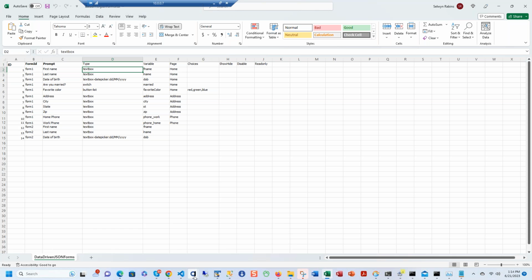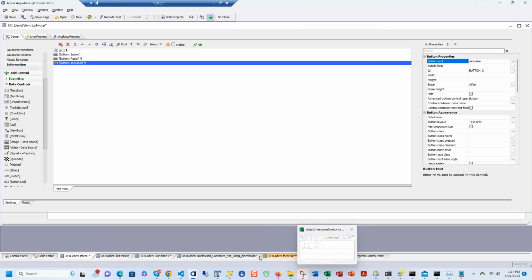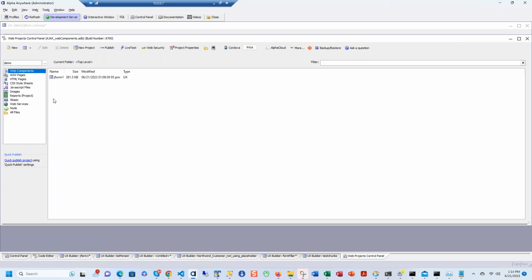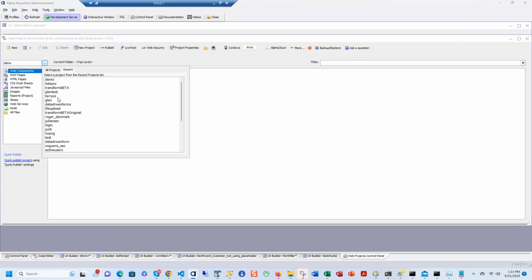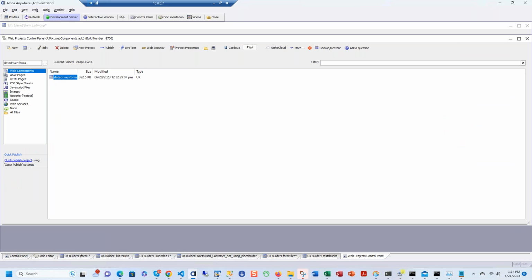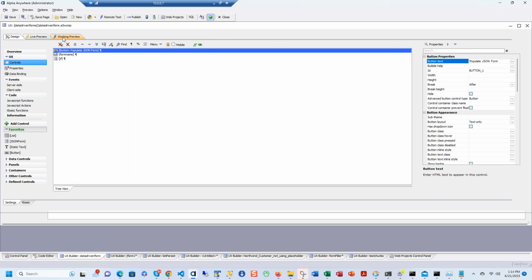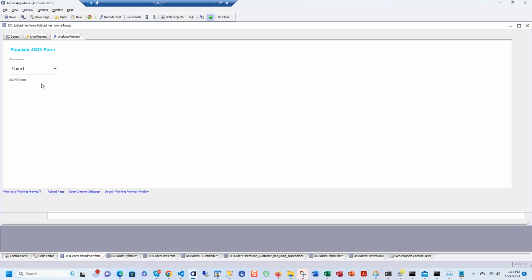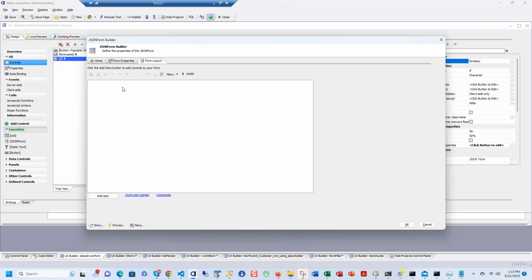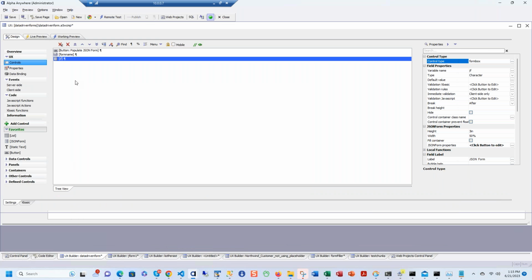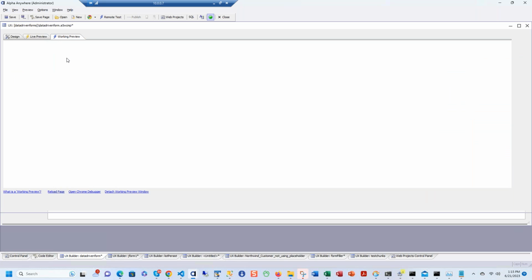And now let's go to a sample component that uses this, and run it. What you see on the screen right now is an empty JSON form. There's a JSON form over here that has no controls in it at all. And then I have a button over here that says populate this JSON form using the data from that Excel sheet. This Excel sheet has two forms on it, Form 1 and Form 2. So if I go here to Form 1 and say populate,